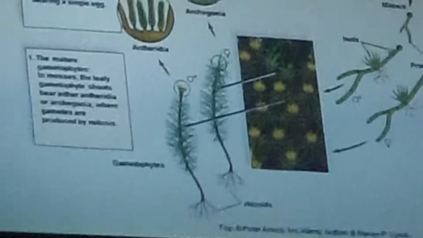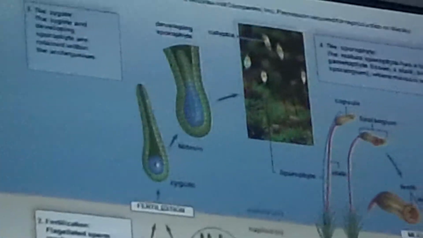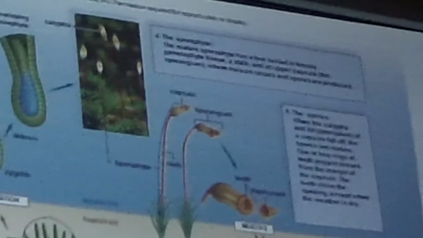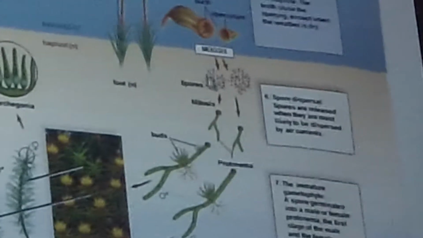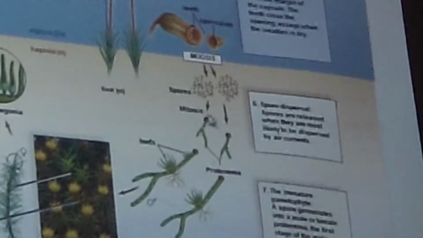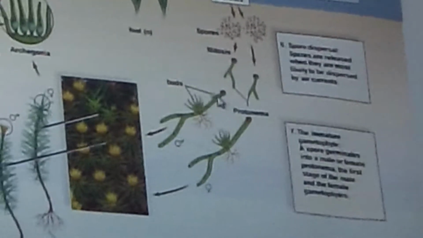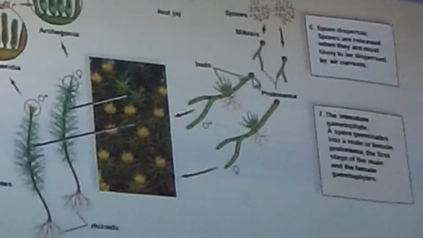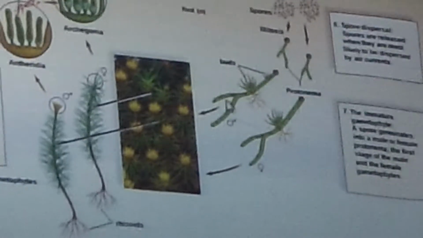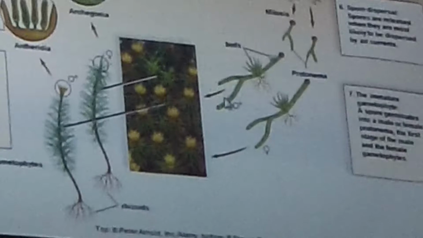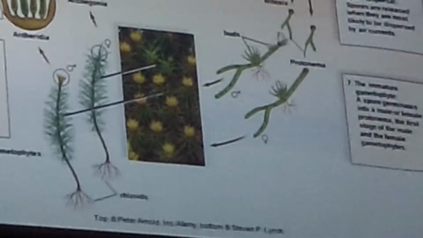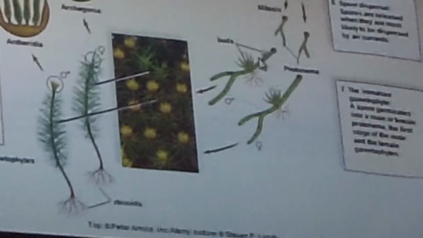Both mosses and ferns reproduce with spores, which are little cells that, like I say, can travel through the air. Let's start right here with spores. Spores will land somewhere. Got to be nice and wet wherever they land. And grow into a little branch. See this little horizontal running branch here? And that thing's microscopic. I mean, you can barely see it. It might look like a little thread. It grows into a branch. A spore will land somewhere and a little branch will grow out of the spore.